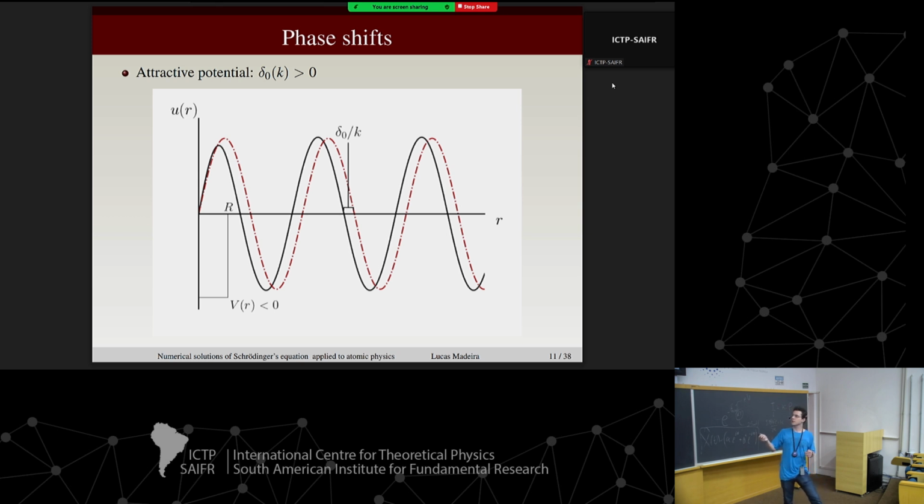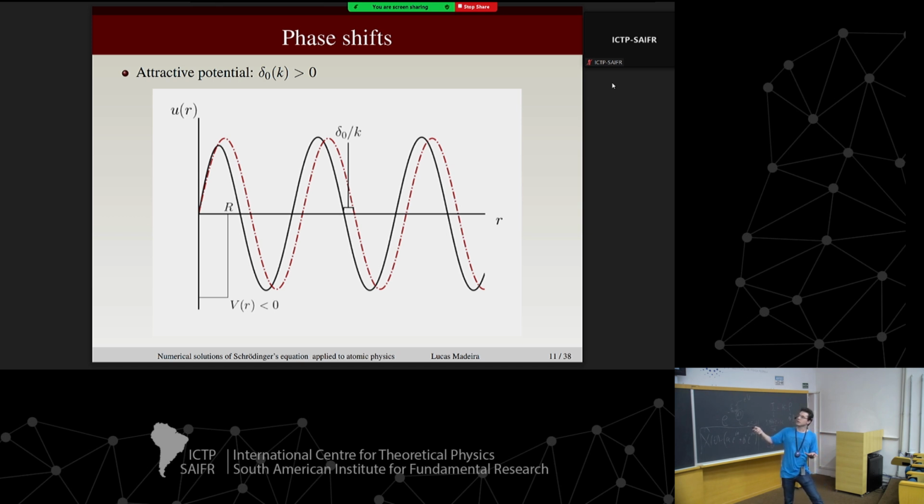But what happens is, if you do the free particle case, V equals 0, okay? You just get this sine here, okay? So that's what happens. Now, let's put something that's attractive. Here, I put a spherical well, all right? It has some depth here and some range R. And it's an attraction, right? So the particle will be closer to the origin, right? So this is what's happening here, okay?